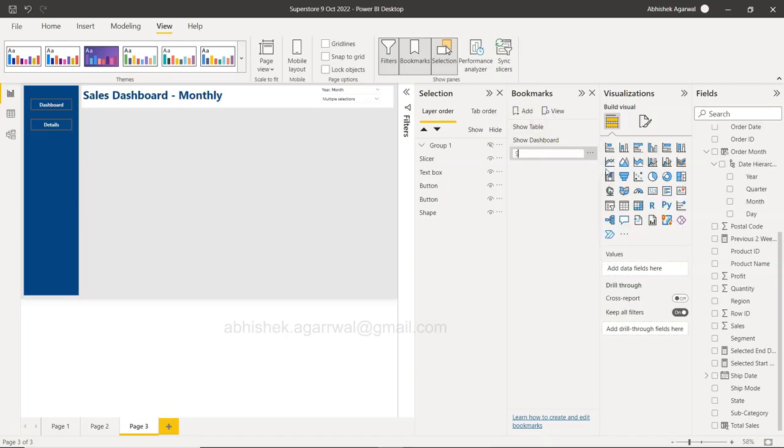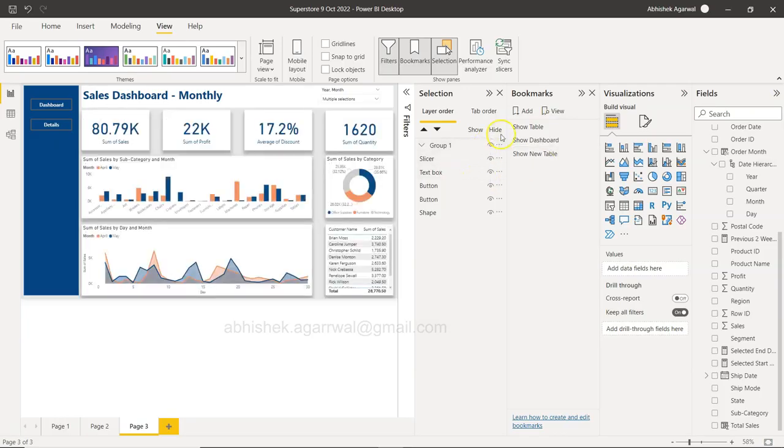We need to say show table, because once the dashboard is hidden, then the table needs to be shown, right? So show table, or maybe we can say show new table, just so that they are different, right? Show new table. If I uncheck, we click on add, and we rename, and we call it show new dashboard. The only thing is we have not yet created the table,